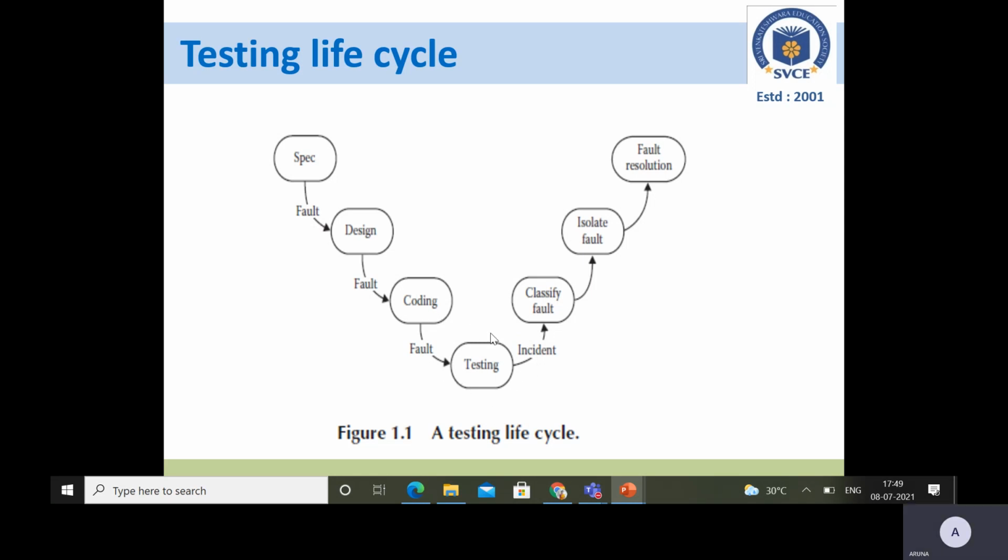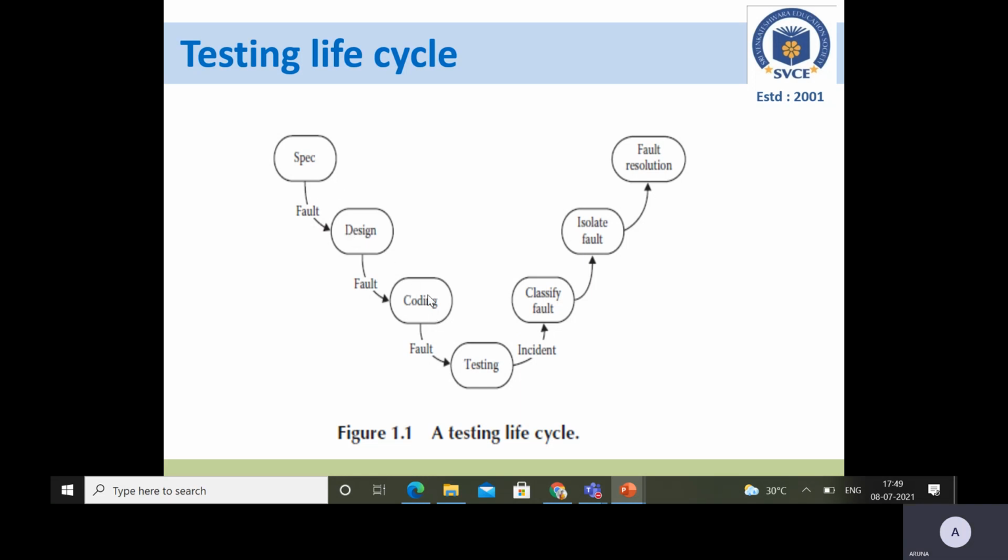The testing phase is finding the bugs. So in these three phases we can have the faults, and in the second phase, that is your testing phase, we are going to identify those bugs or faults whichever arise during this phase,